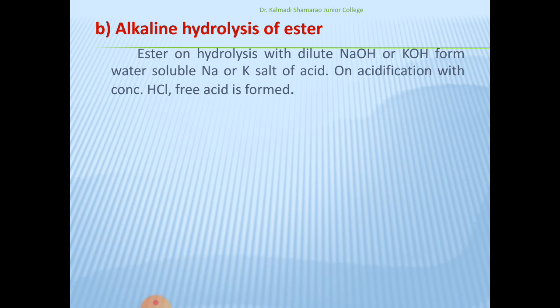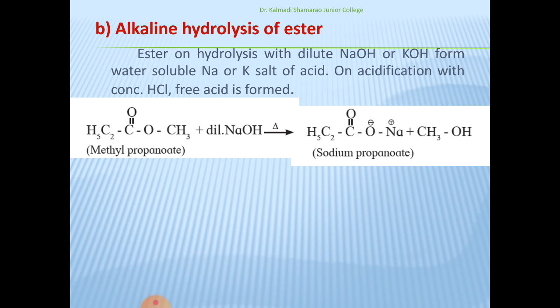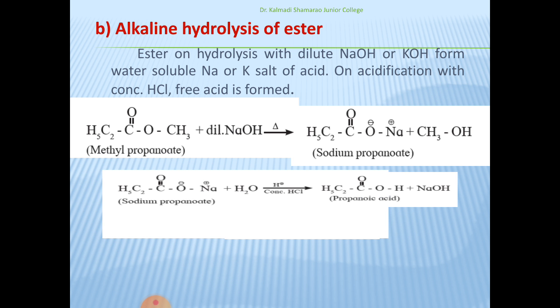Alkaline hydrolysis of ester. Ester on hydrolysis with dilute NaOH or KOH forms water-soluble sodium or potassium salt of acid. On acidification with concentrated HCl, free acid is formed. Reaction: C2H5COOCH3 plus dilute NaOH gets converted into C2H5COONa, sodium propanoate, plus CH3OH. Sodium propanoate on hydrolysis in presence of acid gets converted into propanoic acid, that is